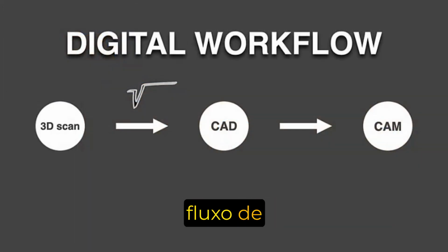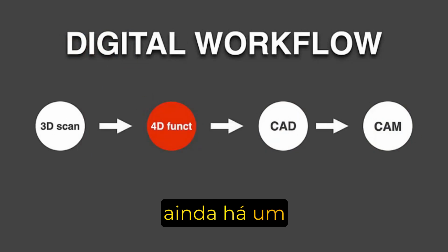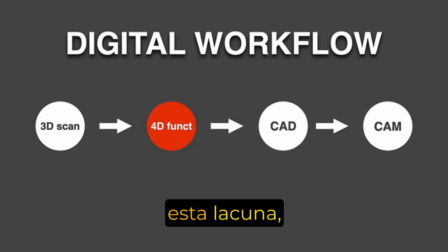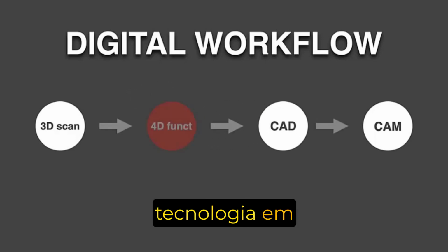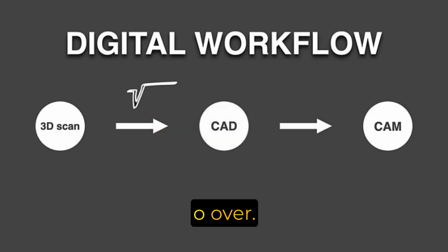While the traditional digital workflow has brought numerous advancements to dentistry, I believe that there is still an essential component missing: the precise recording of a patient's function. Jaw tracking technology can fill this gap, providing us with invaluable data on the patient's unique jaw movements and occlusion. By incorporating this technology into our practice, we can create even more accurate and personalized treatment plans, enhancing the overall